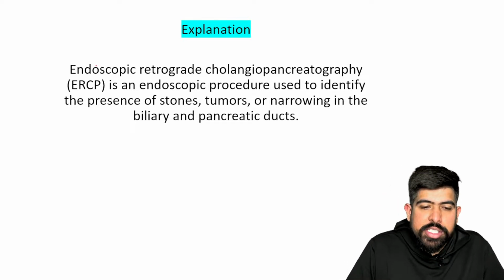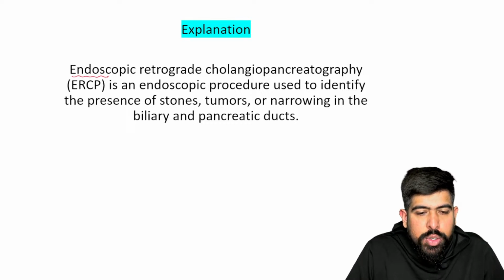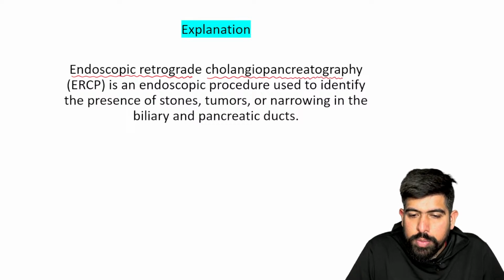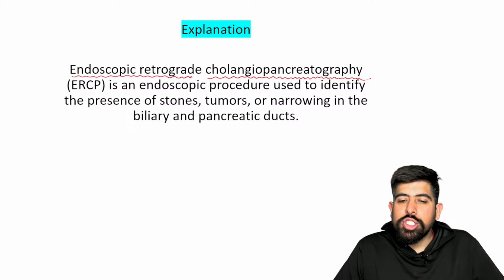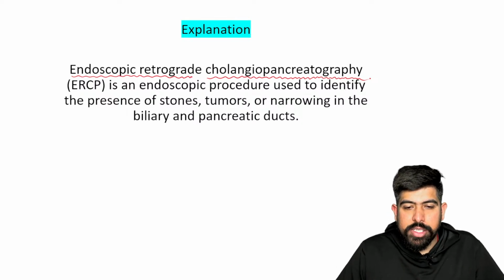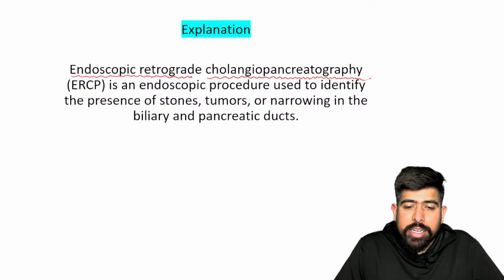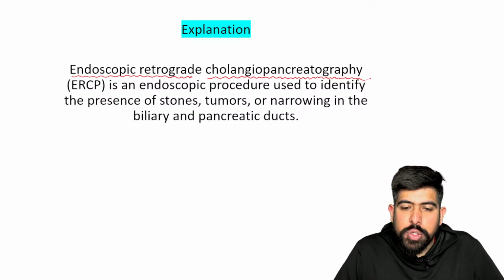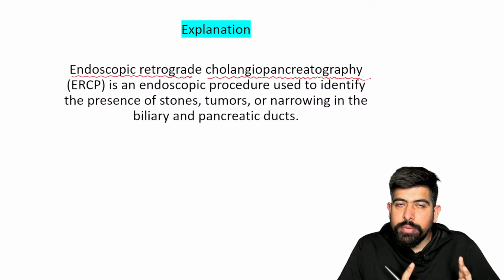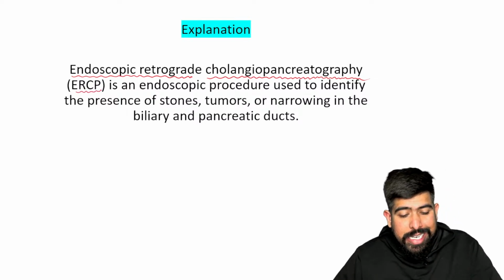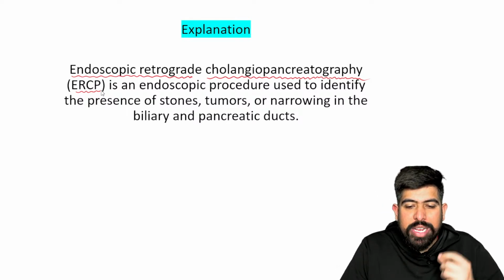The full form of ERCP is endoscopic retrograde cholangiopancreatography. Okay, so we are doing it endoscopically and retrogradely. We are doing the cholangio, which means the gallbladder and bile ducts, right? And pancreatography, so we are visualizing the pancreas also. So both will be visible on the ERCP scan, and that's why the doctor replied there.